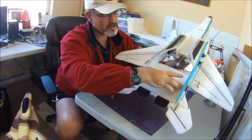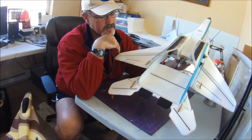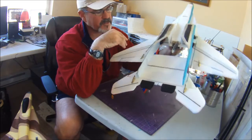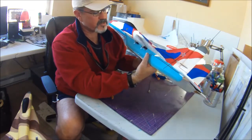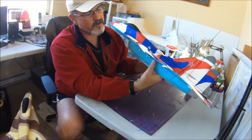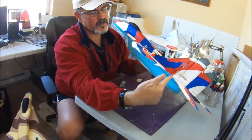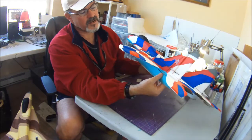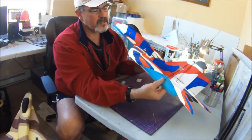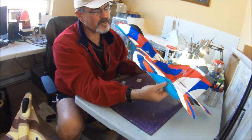But this is just a chunk of 3mm carbon tube that helps reduce that torsional flex. This also might be a bit of overkill, but I've done this on all my NTM prop drive equipped planes. This is another chunk of 3mm carbon tube in the vertical stabilizer on the outside. I know it doesn't look like much, but if it keeps the tail on at 110, 115 miles an hour,